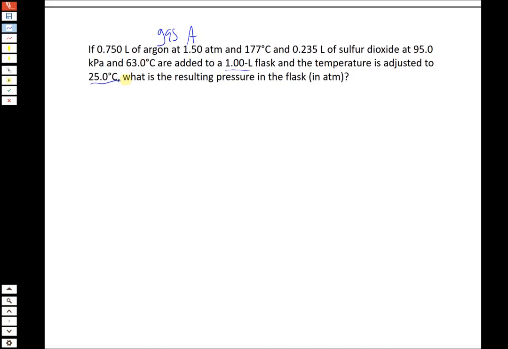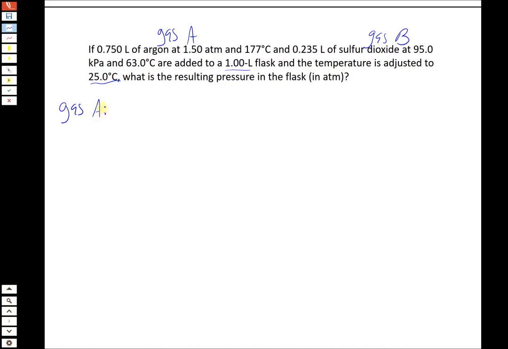So in a problem like this, for each gas, A and B, whatever they are, the identities of the gases don't particularly matter because we're dealing with the ideal gas equation, which doesn't care what gas it is. For each gas in the mixture, you're going to use the ideal gas law to figure out what the pressure of that gas will be under the new conditions. So if you look at the two gases,